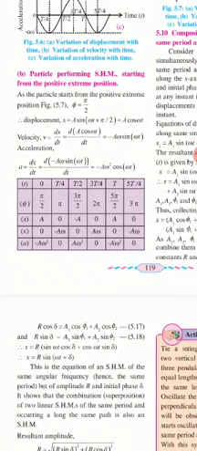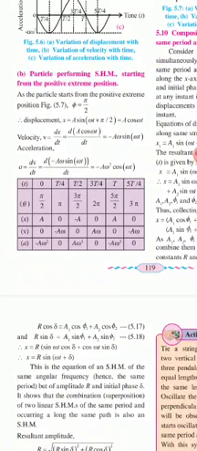So if you take the derivative of displacement, you will get velocity: minus a omega sin omega t. And what about acceleration? Acceleration is nothing but the derivative of velocity. So d by dt of this term will be minus a omega square cos omega t. Again here we have to apply theta equal to angles and t equal to that value.